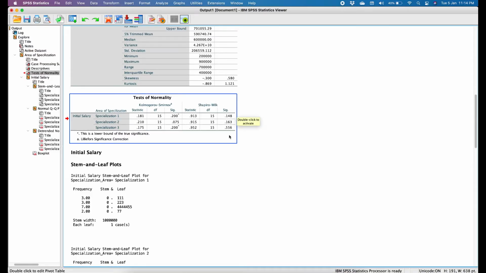In case of the Shapiro-Wilk test, for all the three groups under consideration, the significance value is more than 0.05, which simply tells us that the data is following normal distribution in all the three groups. So we have met this condition for the application of one-way ANOVA.